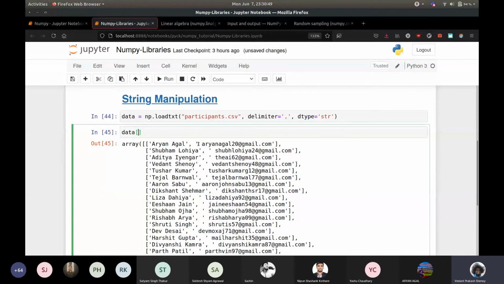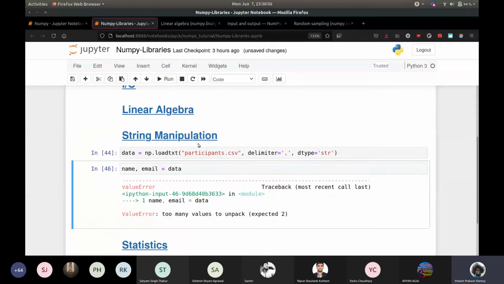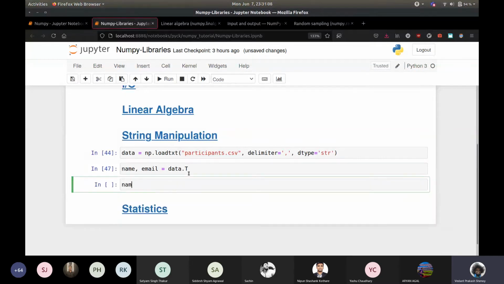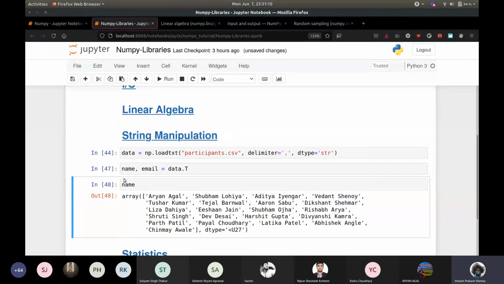So let's first separate all these out. We write name, comma, email equals data, and this won't work because it says too many values to unpack, and that is because it tries to unpack rows first. There are like 21 rows and only 2 columns. The easy way to do this is to just take the transpose, right? So now you have each column in a different variable, in a different NumPy array.